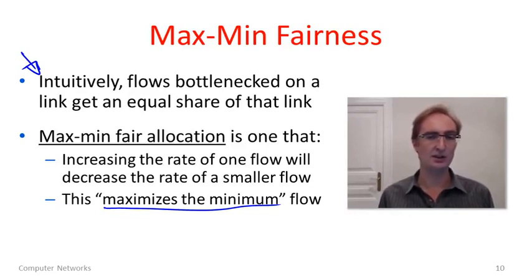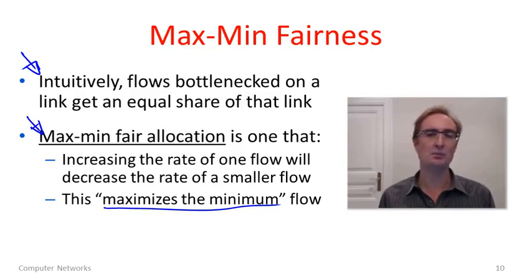This definition is a little circular though, because bottlenecks are caused when different flows send different amounts of traffic. That's what causes a link to be full and reach capacity and a bottleneck to appear. So we can define a max-min fair allocation in a way that's less circular, but is a little puzzling, like this. A max-min fair allocation is one in which increasing the rate of one flow must decrease the rate of a different flow which was already smaller. Wow, that's a little tricky.